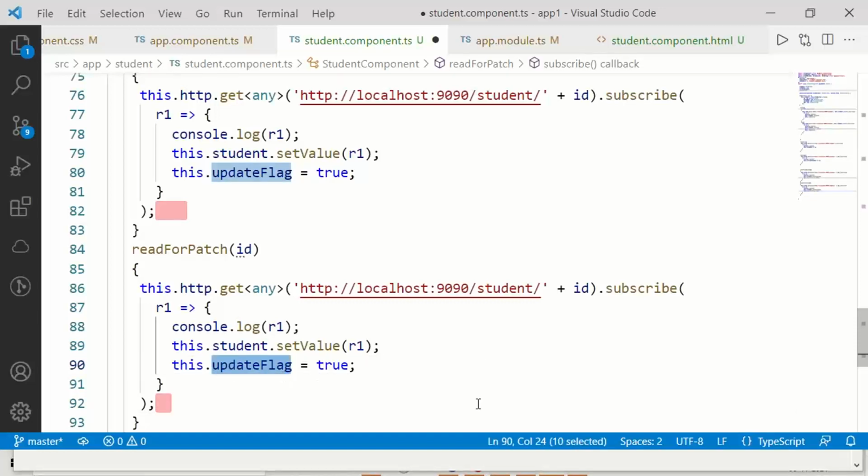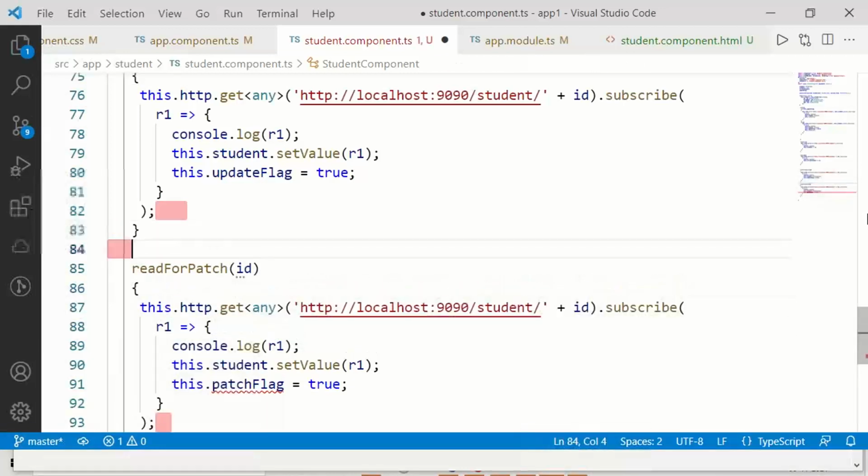Instead of update flag, I will go for patch flag. We'll declare patch flag as a global attribute.